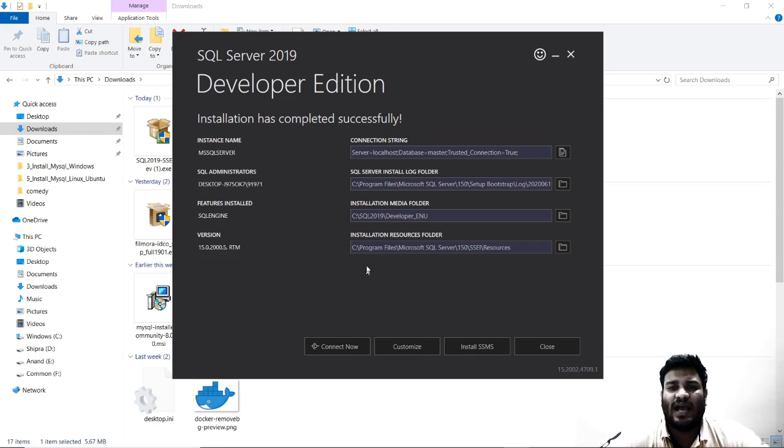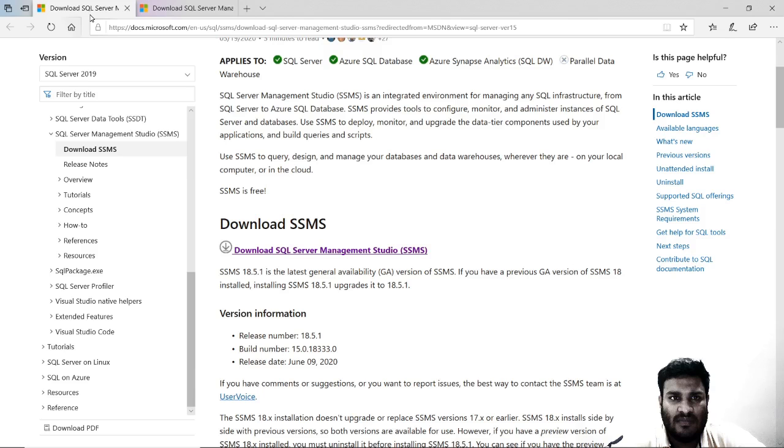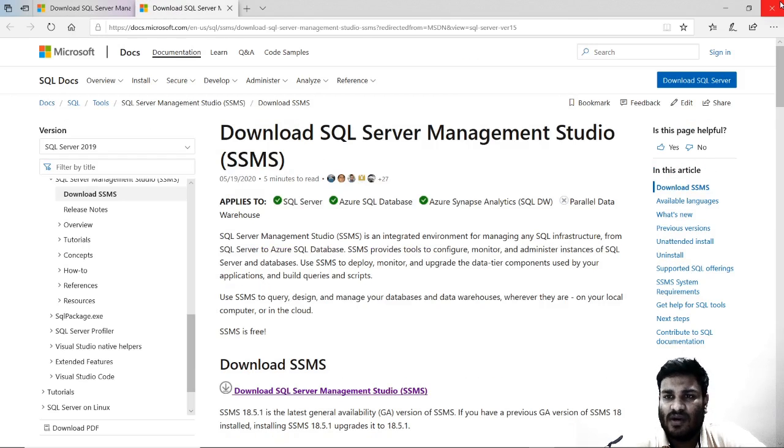As you wait for that to happen, you will be taken to this screen. So your server has already been installed. It automatically says install SSMS. If you click over here, it will redirect you to that particular page from where we have already downloaded SSMS. You see, both the pages are the same. So again, we have already downloaded it, and I'm just closing this up.